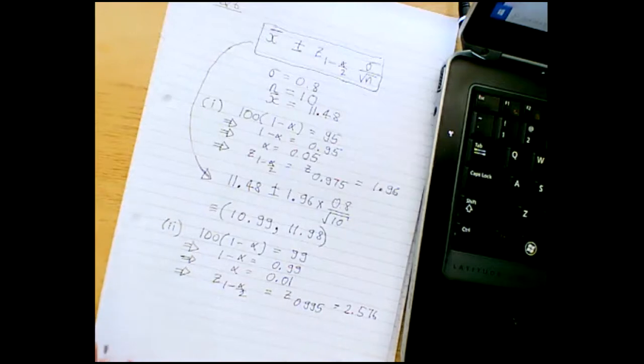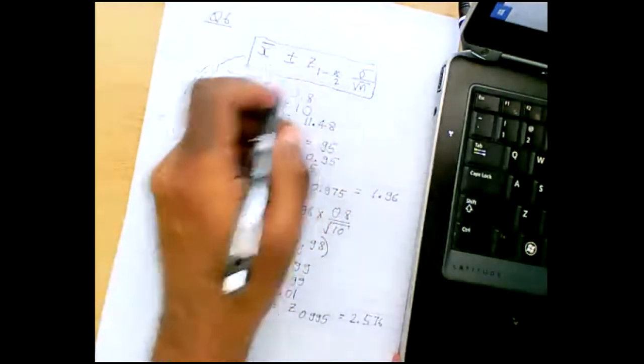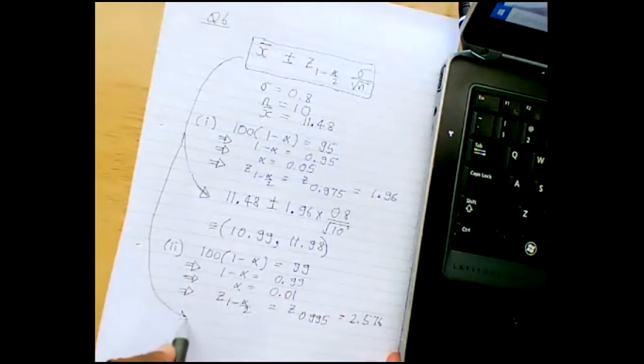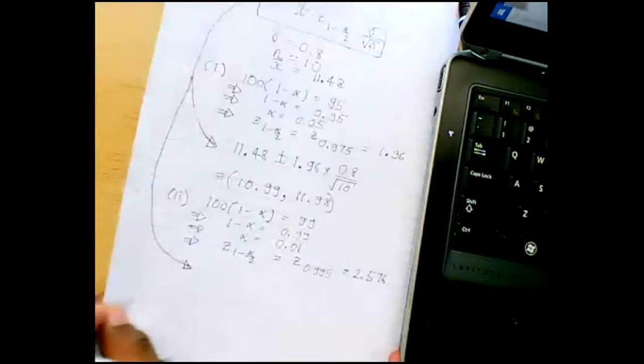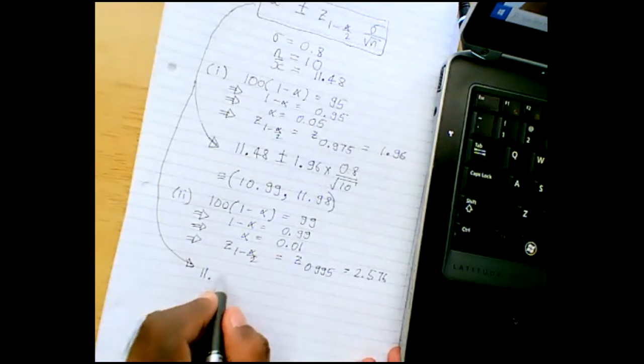Okay, so this is what you get. Now, if you sub this into the formula that I just mentioned, you will get the confidence interval to be